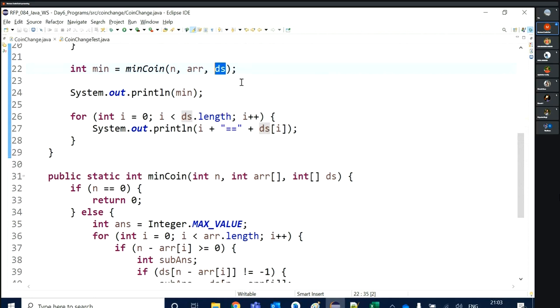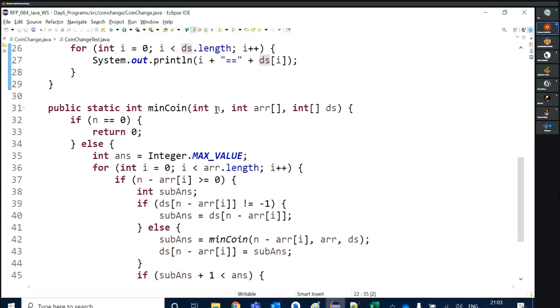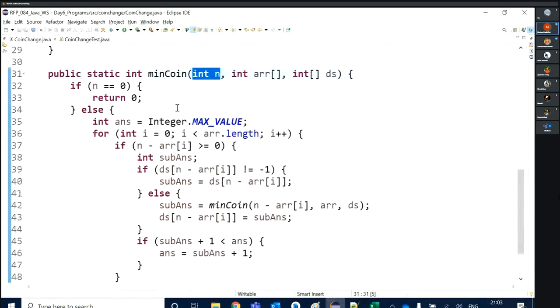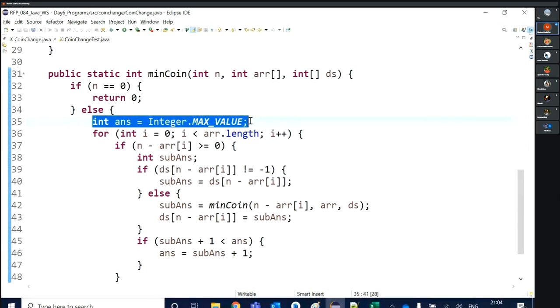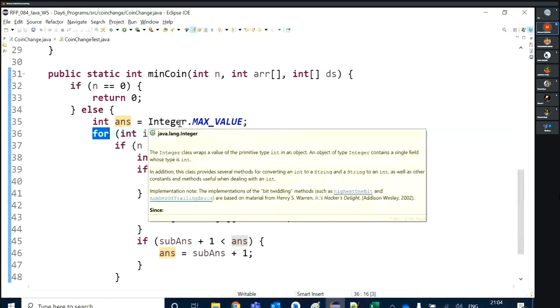Okay, so now let's go with our program. What is my initial amount? 18. So for the 18, I'm checking with all the denominations. By default, I'm telling that my answer is the maximum value. Whatever the integer maximum value is, I'm storing it in my answer. And I will check with all the denominations. 18 minus 1, what is the solution for 17? 18 minus 5, what is the solution for 13?